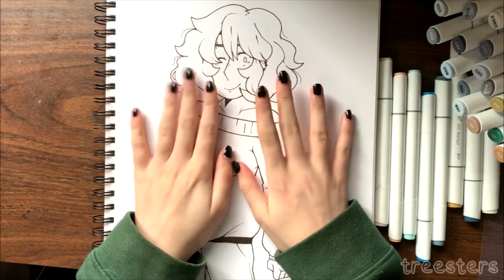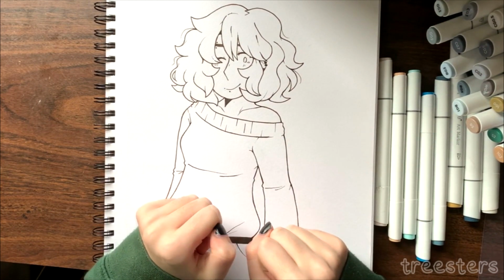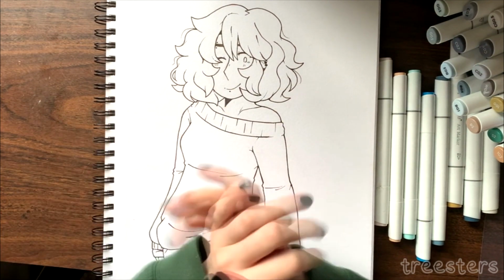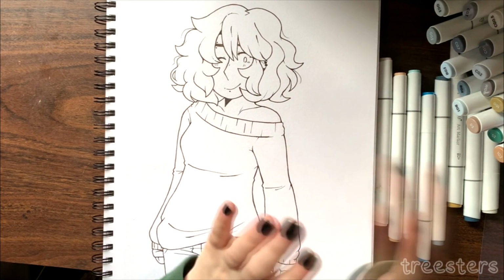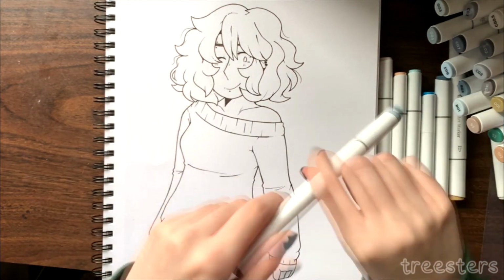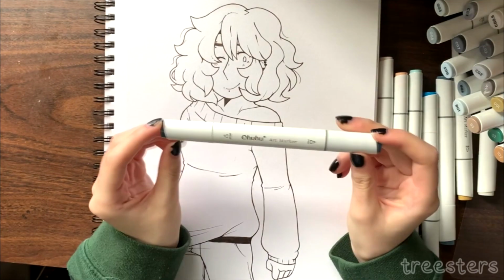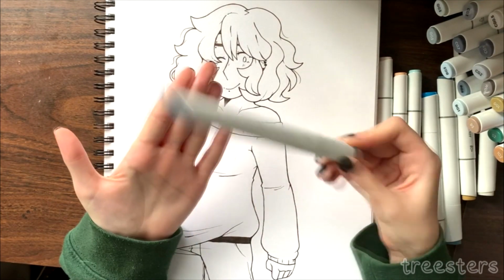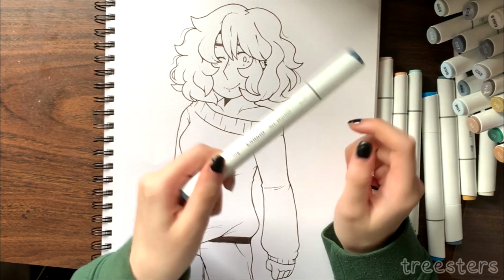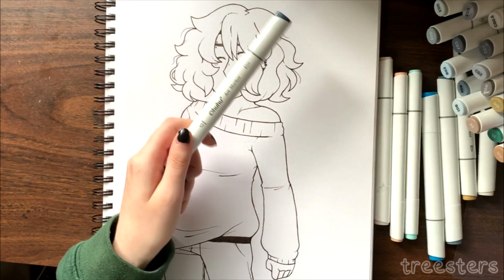I already have an illustration set up. I've tried recording it multiple times and failed. I'm kind of blind, so I had to look really closely at the line art. I will mostly be using Ohuhu Markers, and I have the fine or the bullet nib ones. I don't have the brush tip ones, but I have Ohuhu's and I have Copic markers and I have Artify